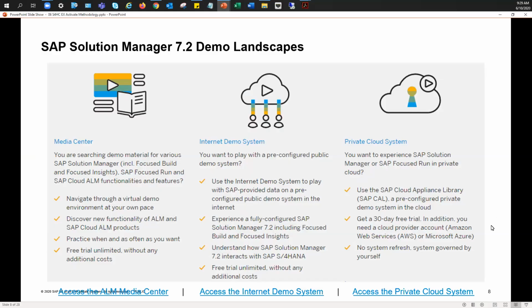There are some pretty cool demo landscapes that I would like you to know about for Solution Manager. If you have not ever tried or experienced Solution Manager, there are some demo landscapes. There's an internet demo system that is pre-configured in its public shared system. It's refreshed almost every couple of weeks or so. There's a private cloud system which is deployed through Cloud Appliance Library. However, of course, you need to have a license for an infrastructure as a service like AWS, Google Cloud Platform, or Azure. I prefer the internet demo system because it's preloaded with a bunch of data. It's pretty cool. And then there's the Media Center, which has